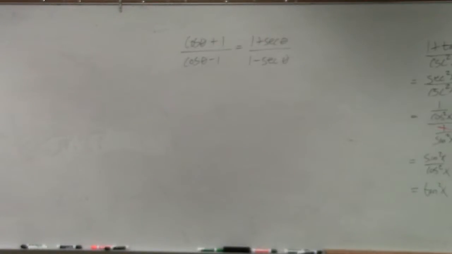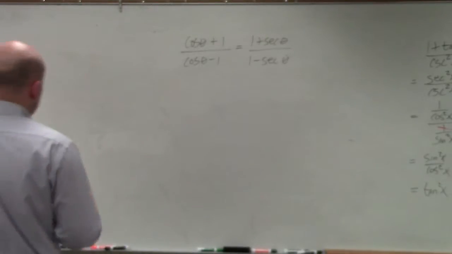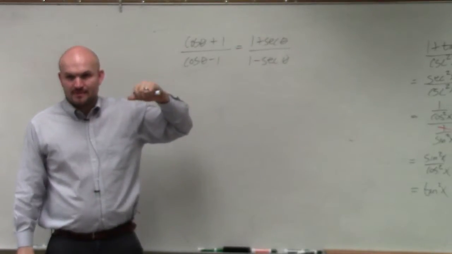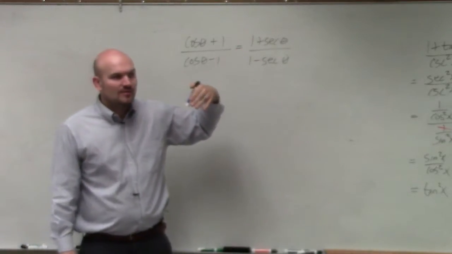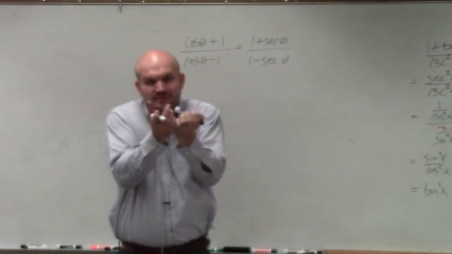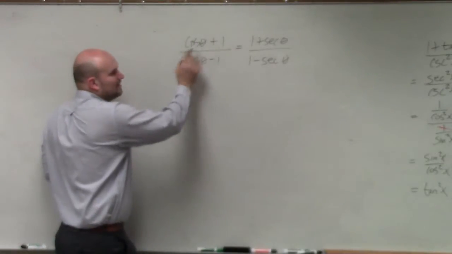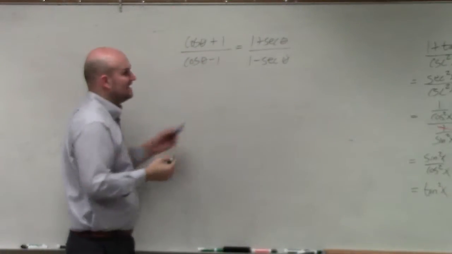Is grouping, right? We want to group things together. Cosine and secant are reciprocals of each other, right? So they're good together. We want to have them grouped. That's good. So what I would recommend doing is, well, if we need cosines to be written as secants or